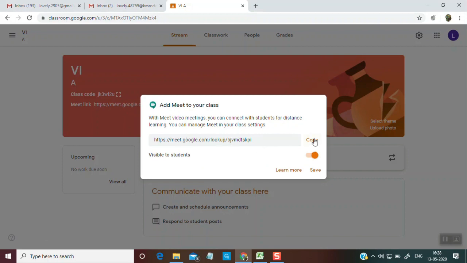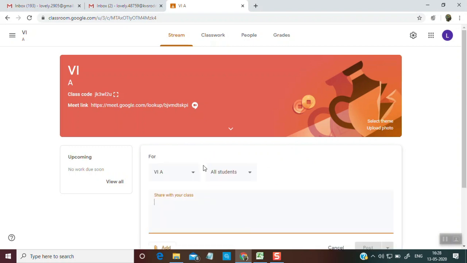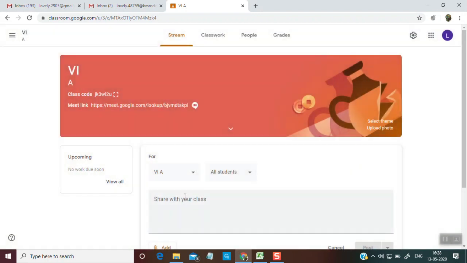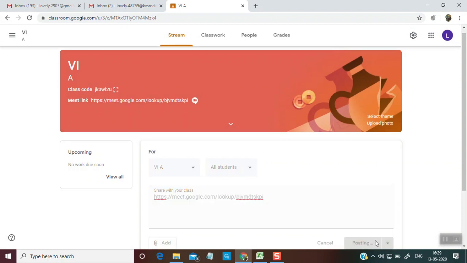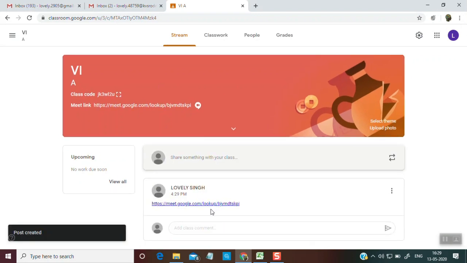You have this link, you will copy it, and then you can save this, and you can just paste it somewhere and send it to the students, so they can click on it and join your meeting.